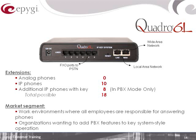Next up is the 6L. This is a very unique product. This 6L has a feature that is only available on this product, and that is the key system emulation. In a key system environment with the 6L, the way that this works is you would see the 6 FXO ports. You would bring in your PSTN connection into those ports, and then you would have up to 10 IP